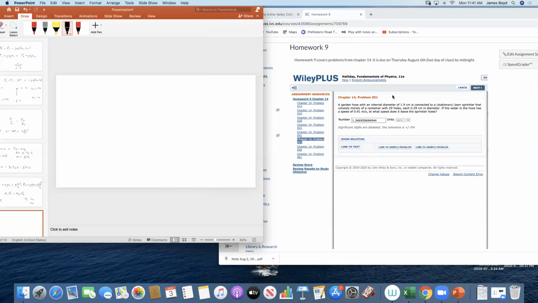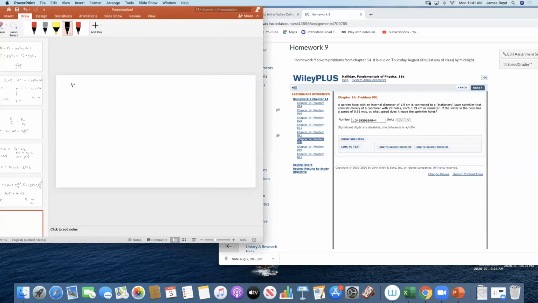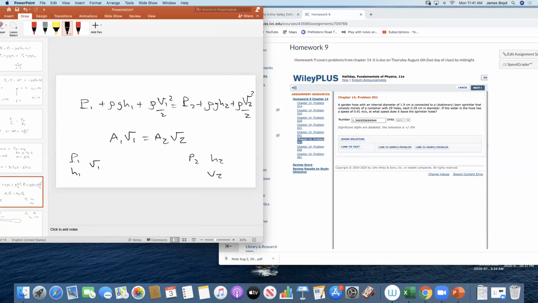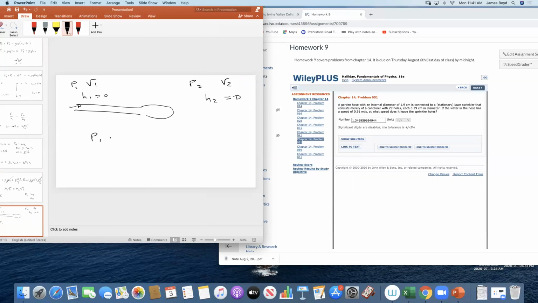So let's talk about this garden hose first. This garden hose is flat. We assume that it's flat and that there's a sprinkler at this end. So the pressure coming in is P1, and it comes in with a velocity V1, and height H1, I'm going to say is 0. And then it leaves with P2 and V2 and H2. And H2, I'm going to say is 0. So we can get rid of these g terms. These terms go away for us. And so really what we have here is that P1,